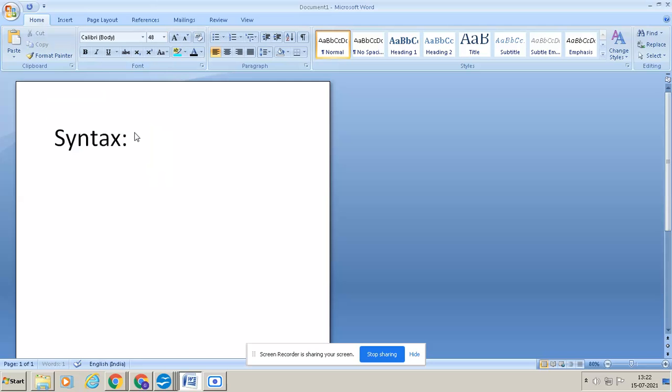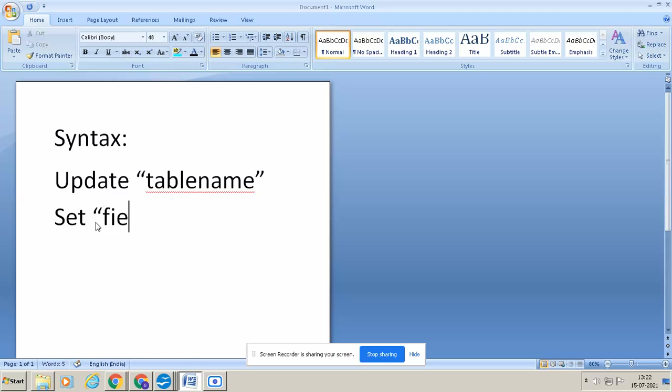first I'll tell you the syntax of the update query. You have to write update table name, set. If you know the syntax, you will write the query easily.